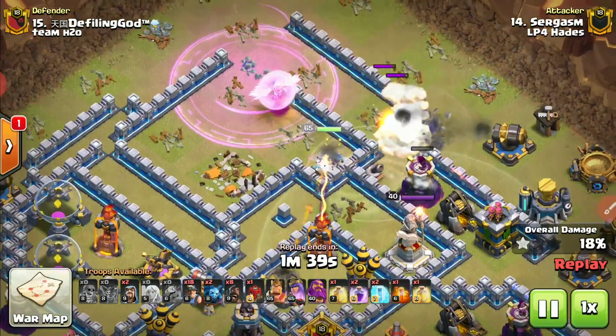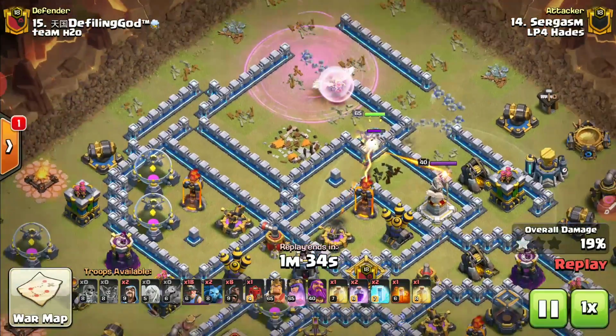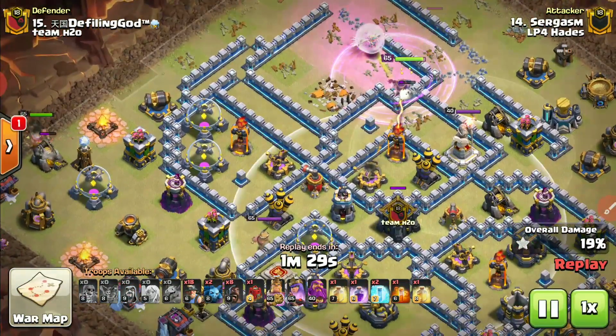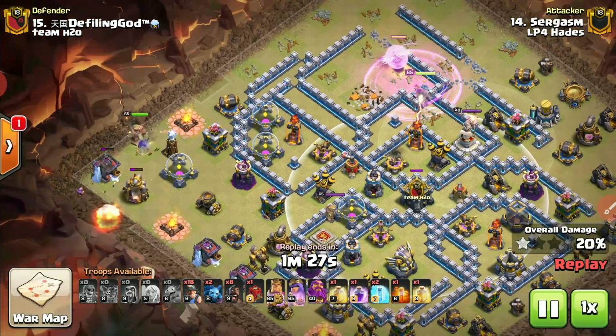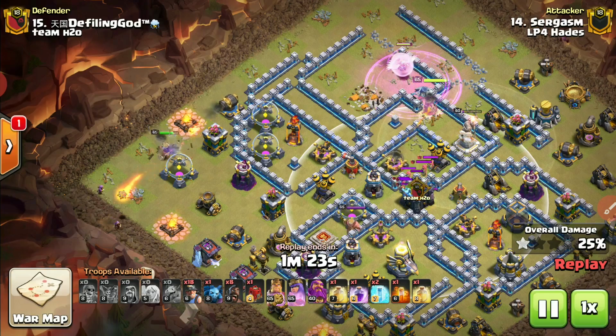Now, that wall breaker came in and targeted the wall piece. Unfortunately, Tornado Trap stopped it just short. He's going to drop a rage to help his queen beat through the wall. He really wants his queen to deal with that enemy clan castle. As soon as he gets that pulled and drops a poison down on them,